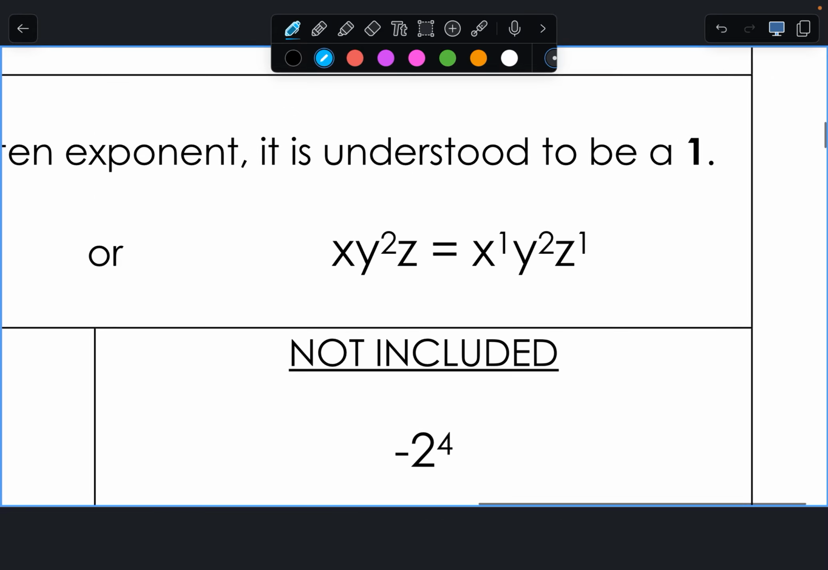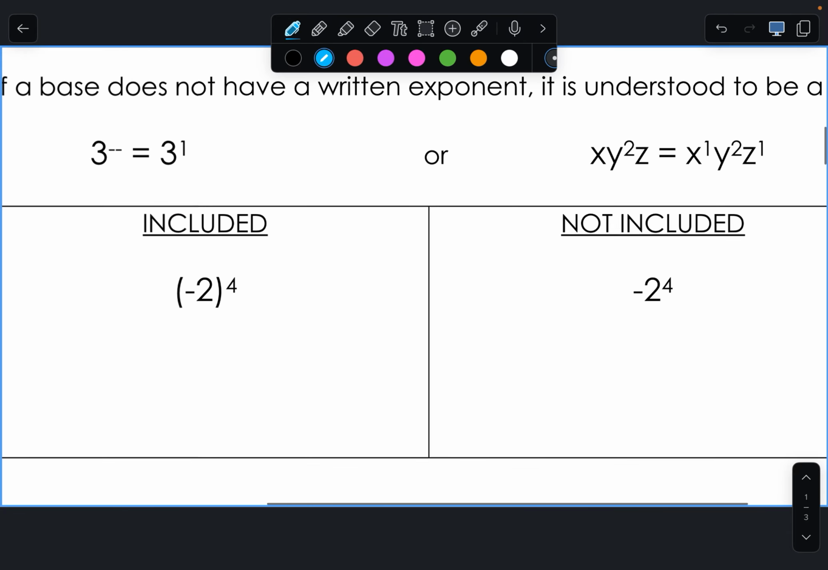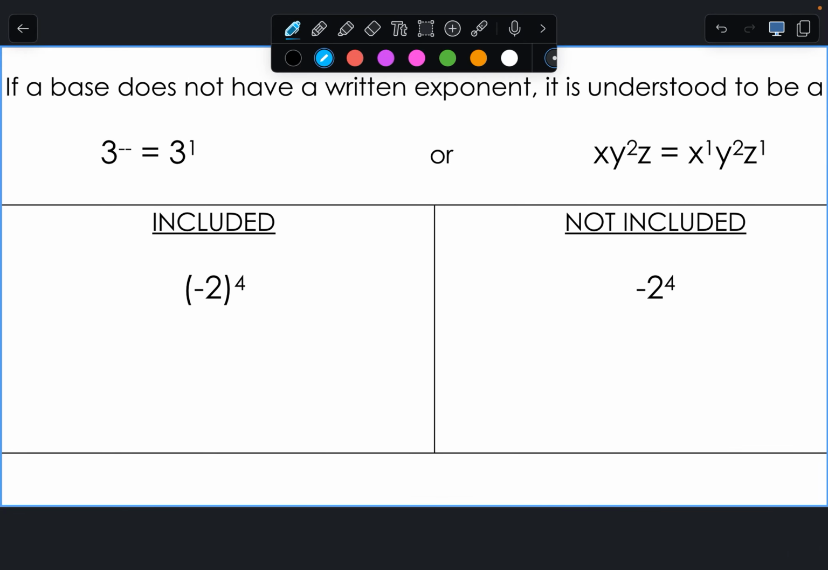But you can always type these types of things into the calculator. Spencer, are you writing this down? Now,